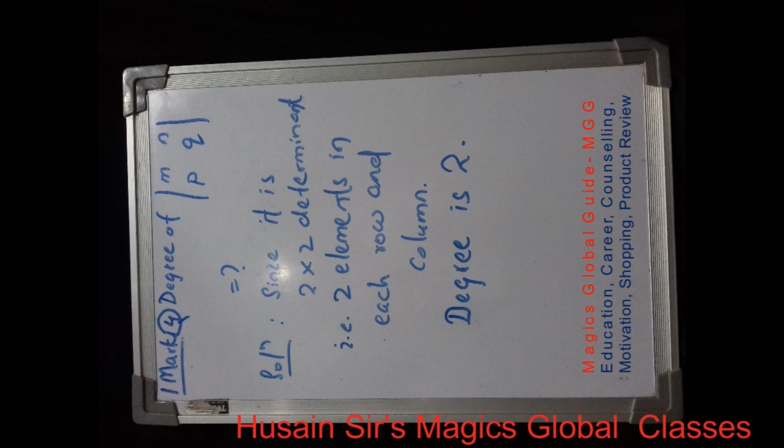Now the next question is, we have to find the degree of the determinant, first row m n and the second is p q. So since it is a 2 by 2 matrix, that's why the degree is 2. And the next question we have,